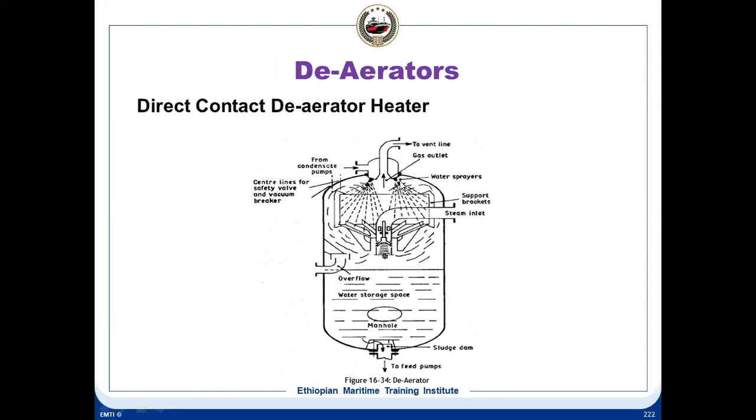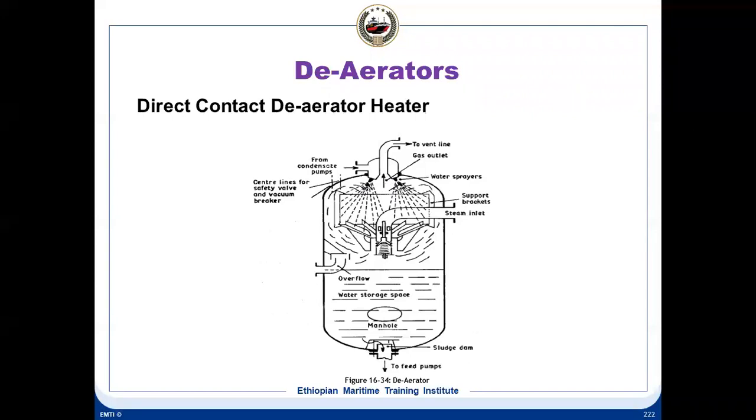So you have your water sprayers, multiple nozzles all around the top of the deaerator, through which the feed water is being sprayed. And the sprayed feed water comes into direct contact with the heating steam, which comes out from here, and then due to this arrangement, it spreads all over the top of the deaerator. Being hot, it rises. Both of them meet. The heat from the steam is transferred to the water, the water heats up, and any gases which are there in the condensate are vented out from here.